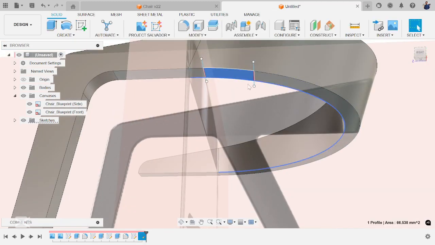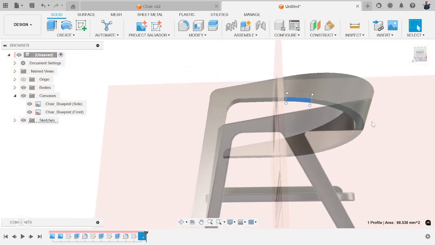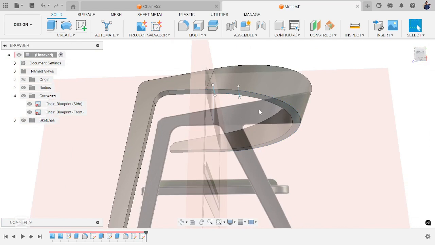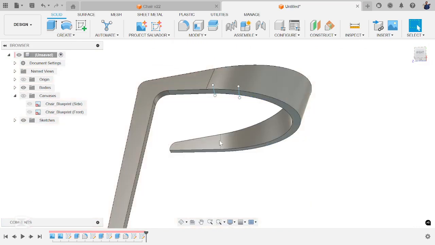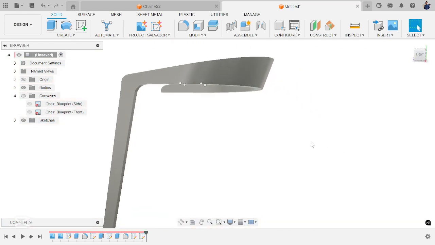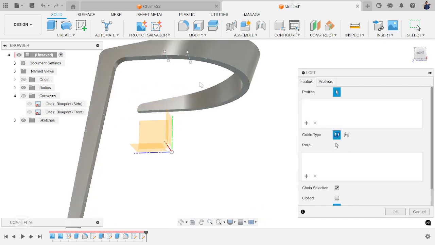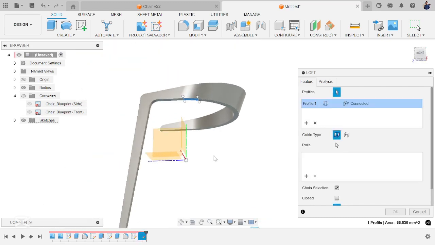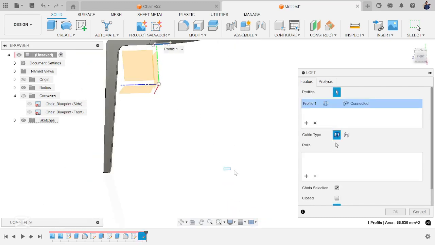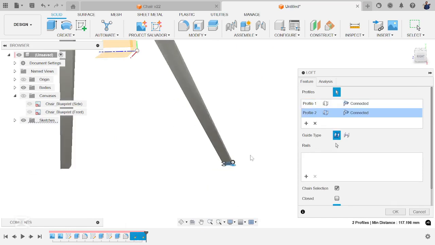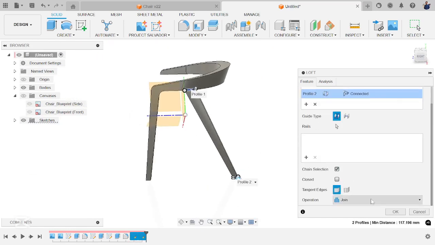You can see that we have a closed profile. If you don't have a closed profile, before you finish your sketch, you can go ahead and project this particular face. For my own case, I already have a closed profile. Having done that, you can hide your canvas again. Just make sure that your canvas is not coming in the way of your work. So come here, the loft tool, you select this one, and also this. Join. Okay,